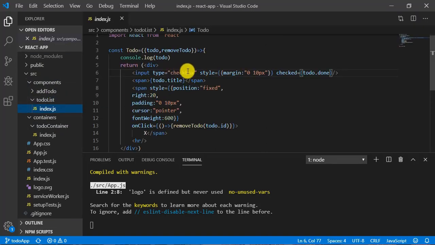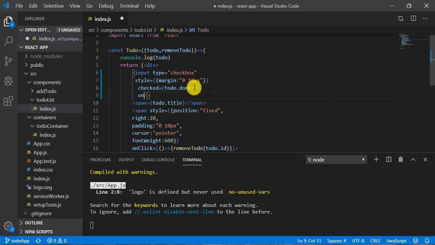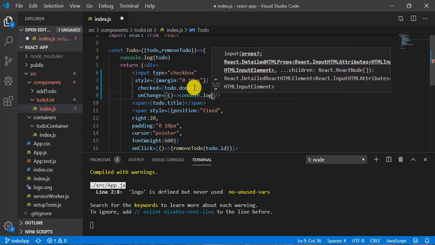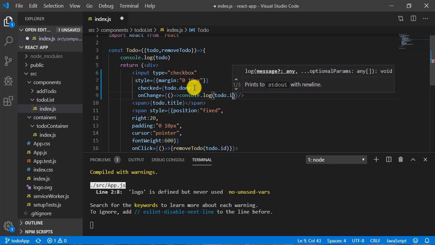You can see we are loading this checkbox, and now we need to handle the onChange event. So we can write here onChange, and inside curly brackets I can write a function, and here I can call a function. Let's do console log here, and console log the id, so todo dot id.